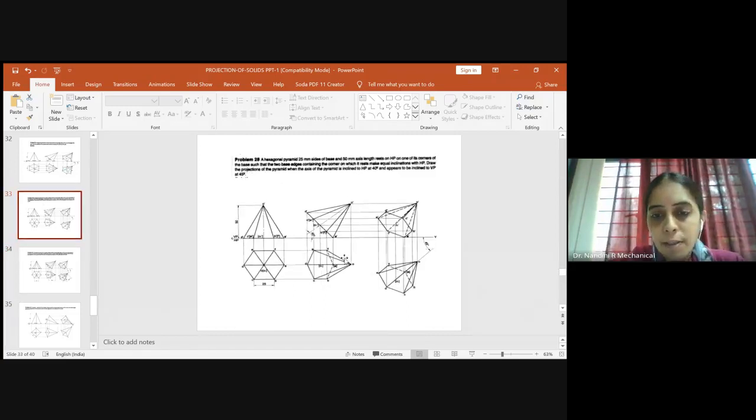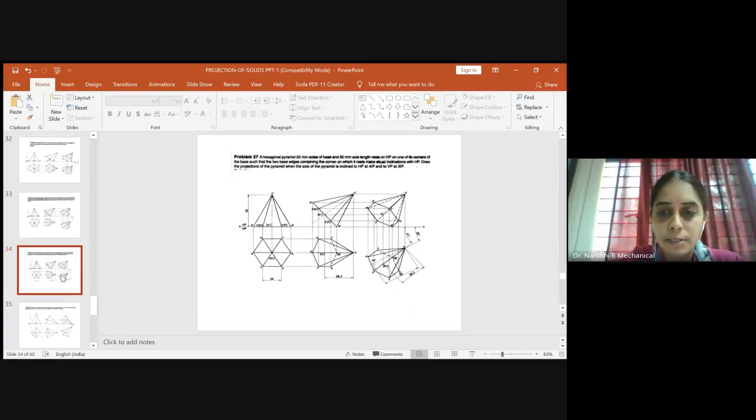This will be similar. The first and second stage will be similar. Only the thing in the last stage, it appears to be inclined, and hence you won't determine the apparent angle. Only the apparent length you will be directly shifting to the 45-degree line. So this half part I can explain to you after I complete this.